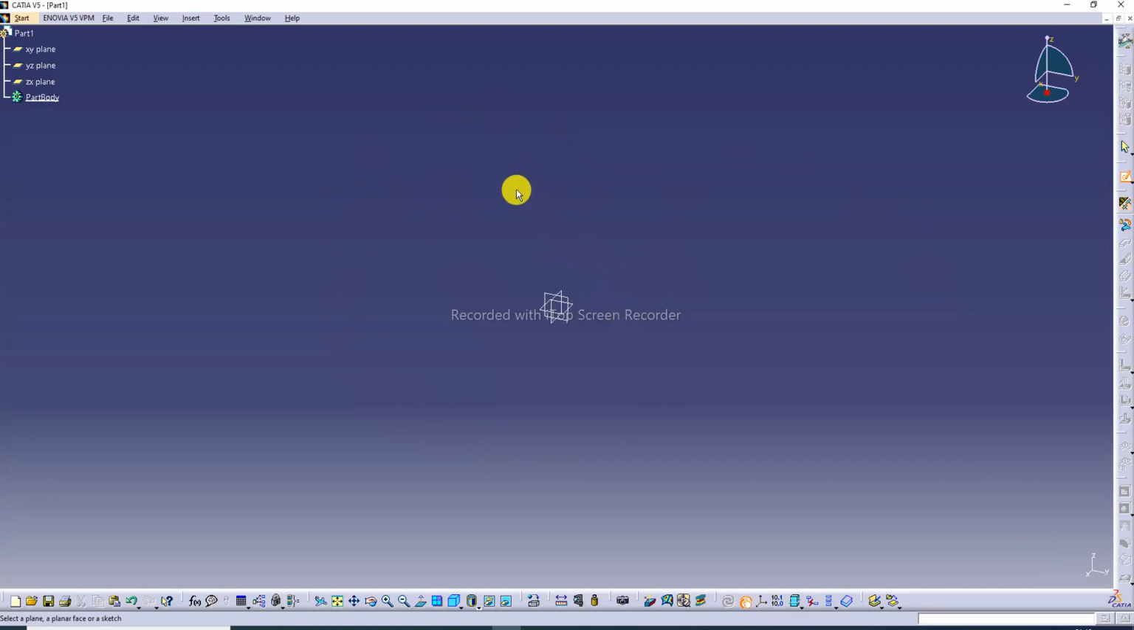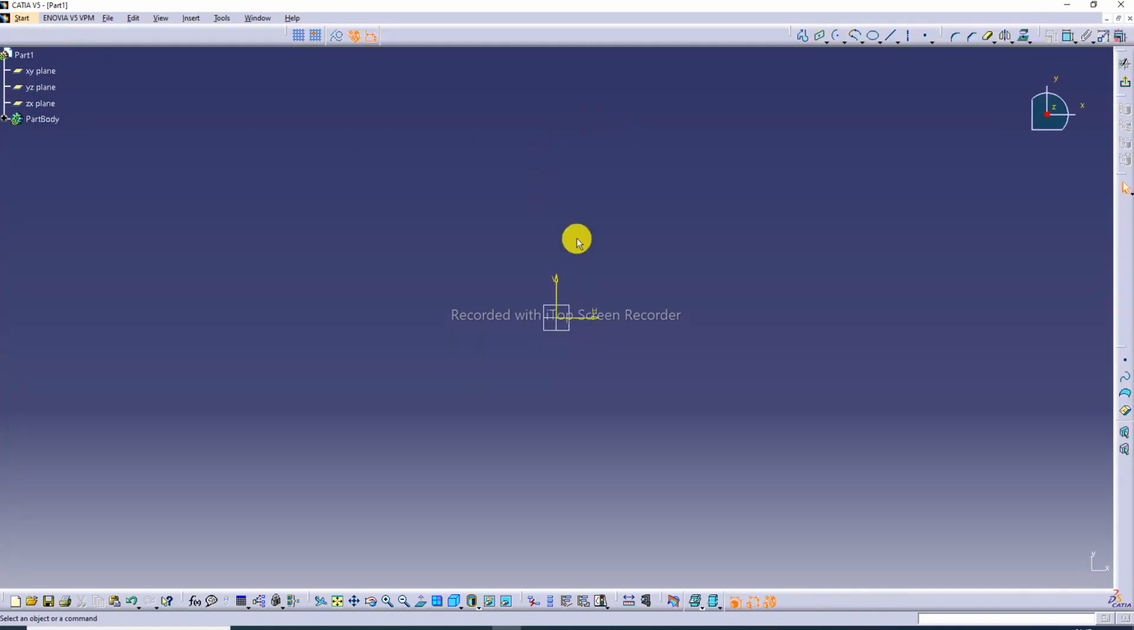Before drawing, at first select a plane: the XY plane, YZ plane, or ZX plane. At first select the XY plane, and this opens the whole CATIA interface. All the 2D tools and 2D commands are shown here, and today